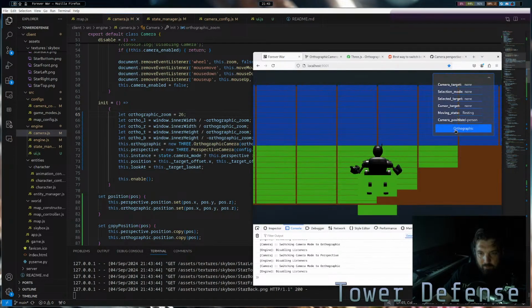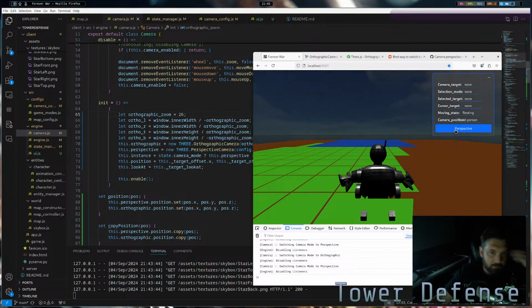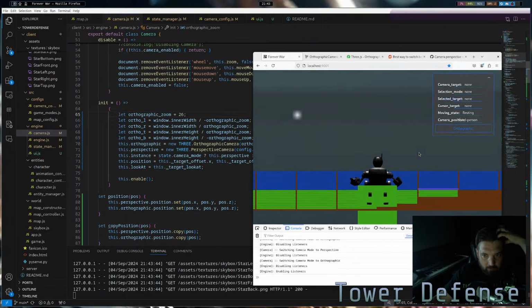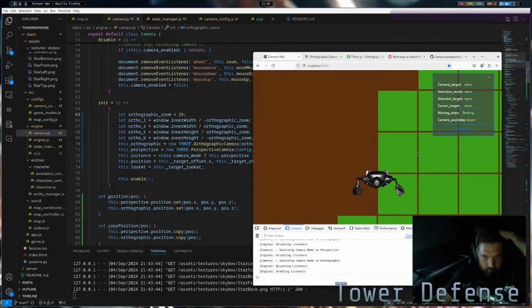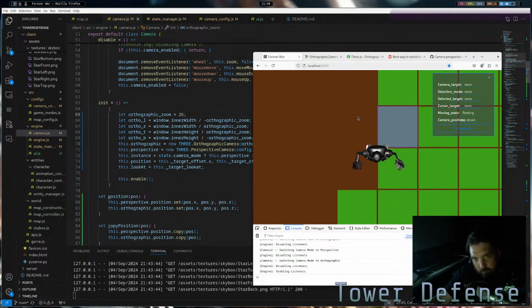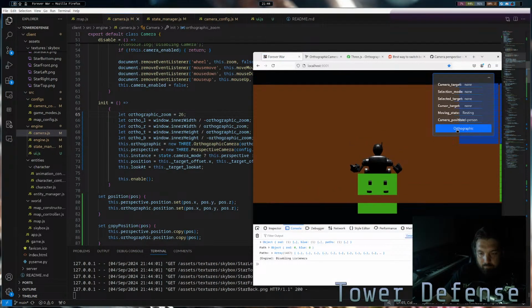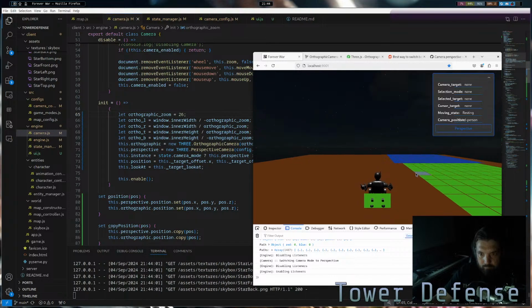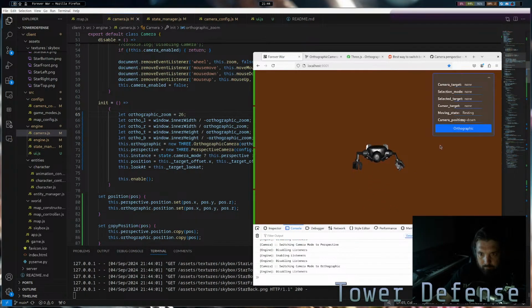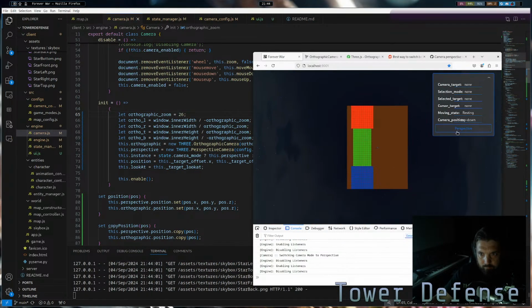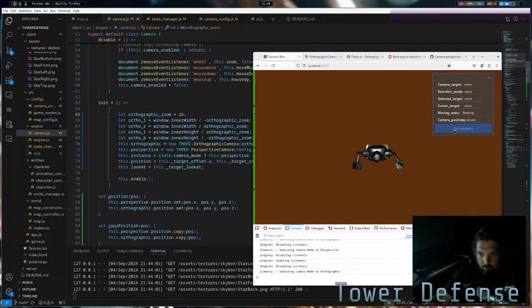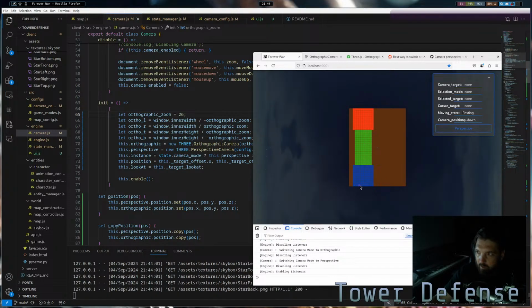Like, it's so insanely different. I don't know if I even want to use... I don't think I even want to use,